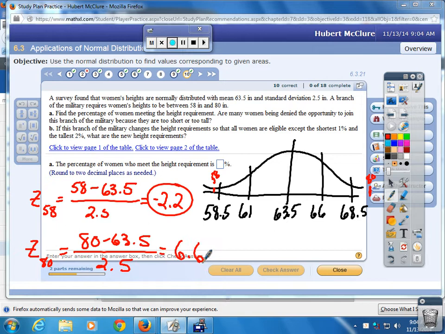6.6, 6.6, it doesn't matter. You can get 6.8 if you wanted to because it's over 3.5. So anything over 3.5 is going to be 0.9999. So you've got to do the Greenville-Spartanburg thing here because they want to find the distance, I mean the area they want